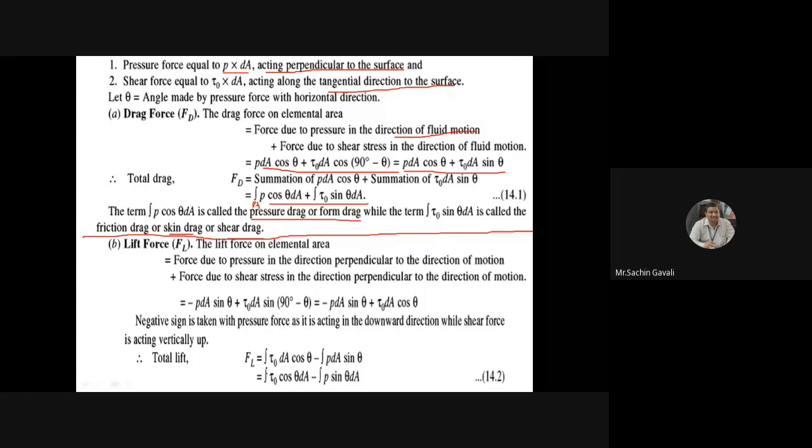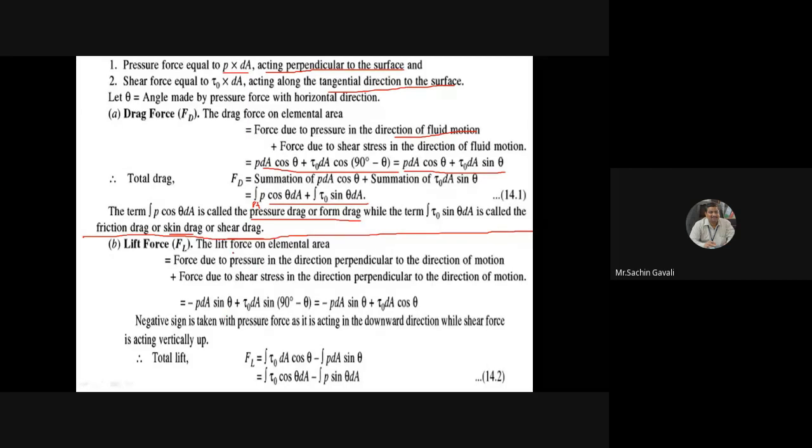Lift force is very simple, like that only. Only the components now we are taking are in the direction perpendicular to the direction of motion. That only we are resolving. Shall I proceed for lift force? Now, by definition, what is lift force? Lift force is due to the forces which are acting perpendicular to the direction of motion. Same way, first we find the lift force on an elemental area and integrate to get the total lift force on the object.